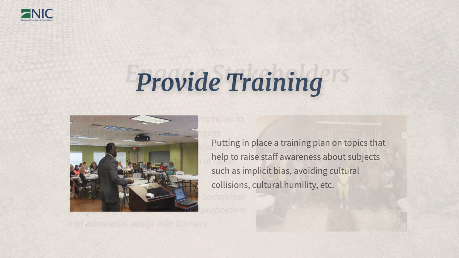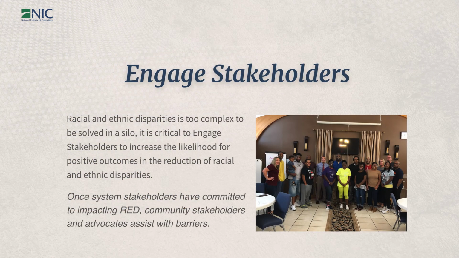Engage stakeholders, not just within your systems, not just other systemic stakeholders, but also engage community stakeholders. One of the things we found in Kentucky when dealing with this work was that we lacked the community supports we needed to produce effective outcomes for certain populations. And instead of talking about them, we went into those communities and we talked to them. We provided resources, they provided volunteer base, and we lifted up the diversion programs we needed in those communities, and they've done phenomenal work. Also during this construction phase, we analyze policies and procedures.